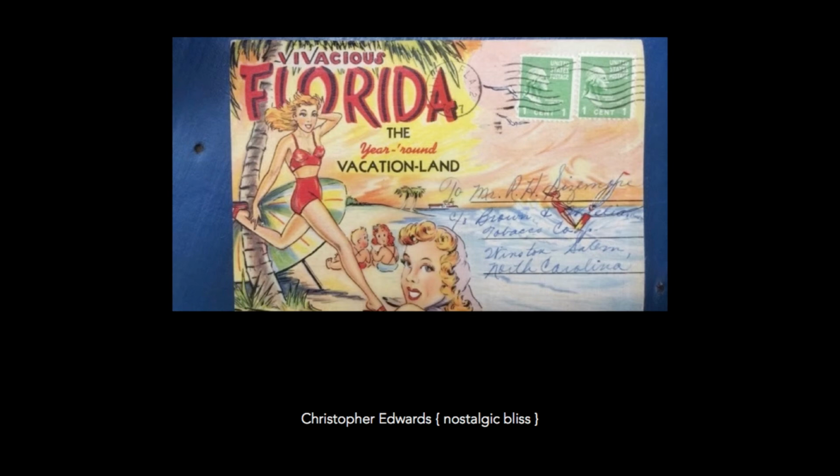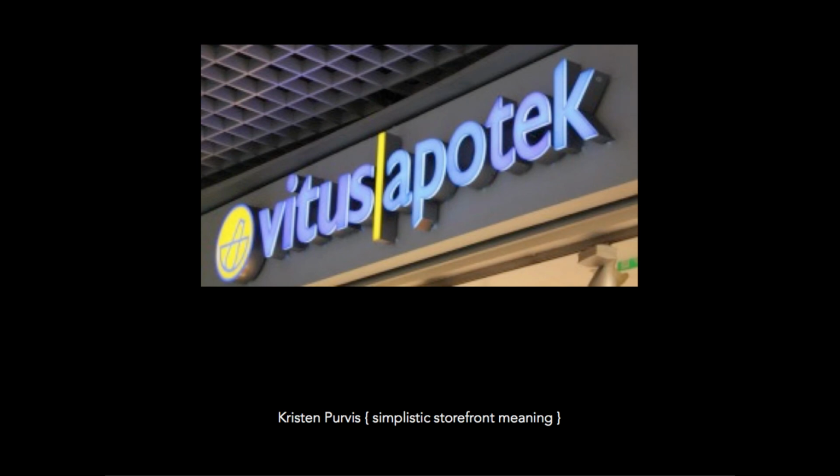This final illustration of line graphics, and how they're threaded through all these other illustrations, is from Kristen. It's kind of a basic, simplistic message, but it goes to show also how lines, when again, like the postcard, are done simple enough without distractions, they can communicate a message. In this case, if you look to the left of the illustration, it has a really basic yellow background that makes the lines of the medicine emblem stand out, with the real thin purple line, and you get a feel immediately. Even if you were to just view that one circled area, you would know this is a pharmacy. This is where I can get pharmaceuticals.